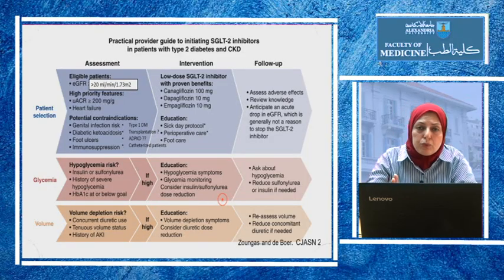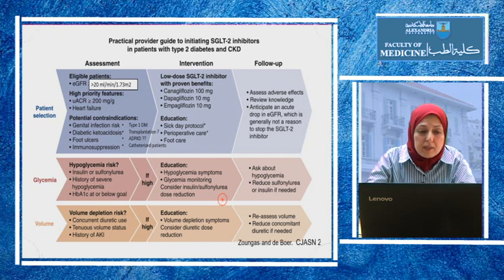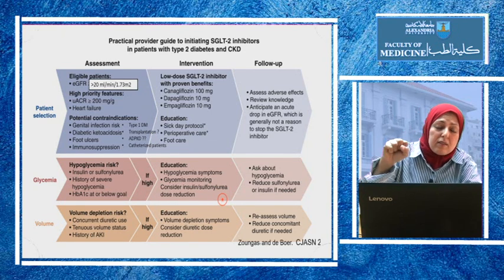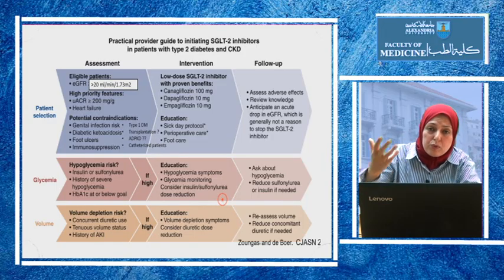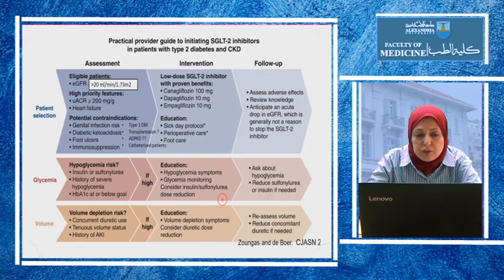So like we said, how to safely prescribe ACE inhibitors and ARBs, there are also some guidelines on how to prescribe SGLT2 inhibitors safely, because they also cause afferent vasoconstriction, so they may cause some AKI and some dehydration in some patients, because they are also diuretic, and because they are hypoglycemic, there is some risk on glycemia.